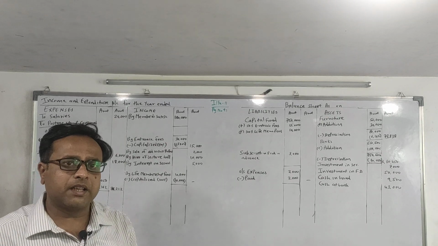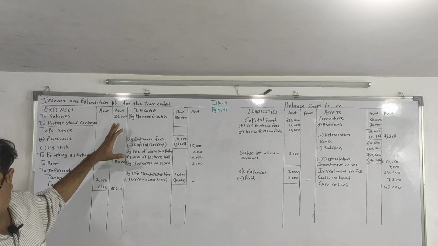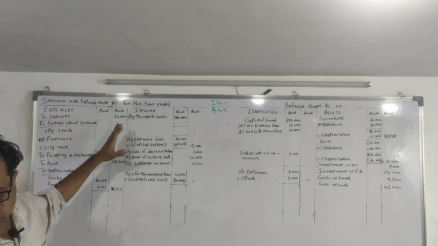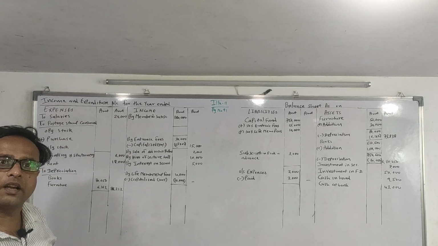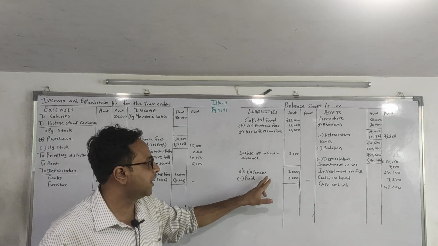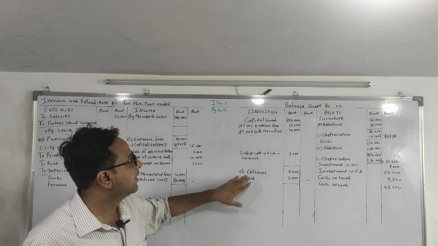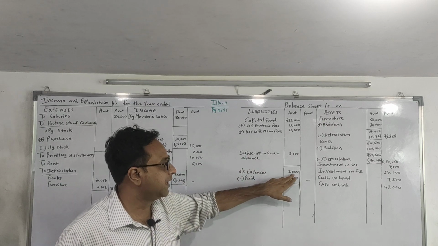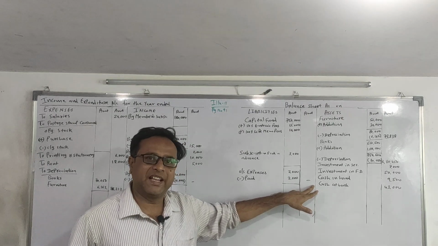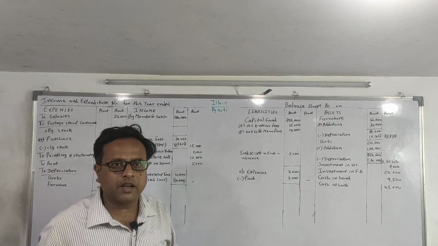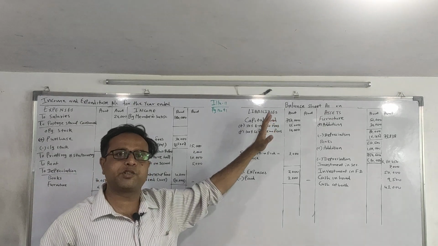Outstanding expense paid. Now this expenditure is of last year. We are preparing income and expenditure for the year 1st April 19 to 31st March 20. So this is not an expenditure of the current year. Now you can see there is an outstanding expense of last year. So where will we write it? We will write it on the liability side, where we have already written in the inner column less paid 2000, outer column dash. So this is not an expenditure of the current year, this is of last year. So you will search where? In your balance sheet.